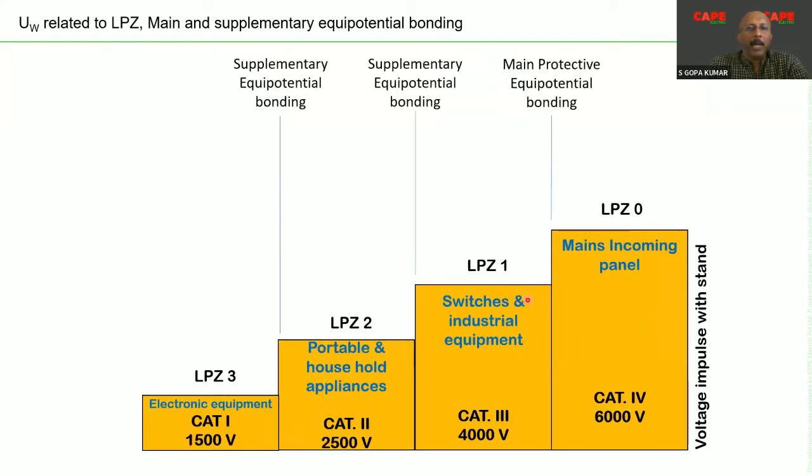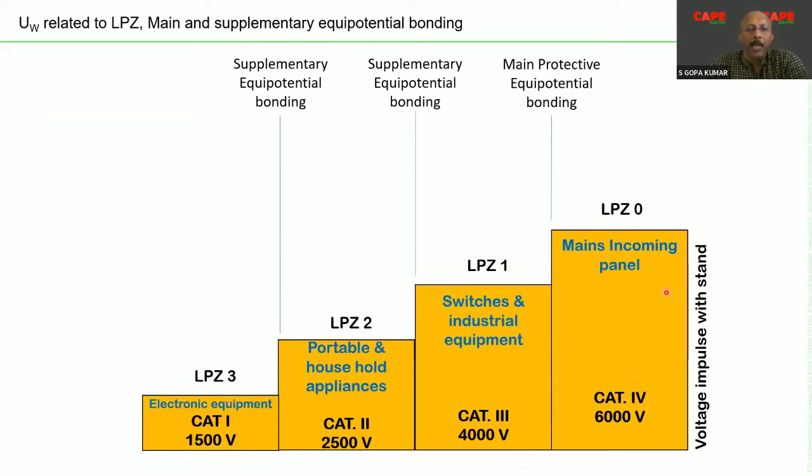In the last webinar, we discussed voltage impulse withstanding capacity. What does it mean? The electrical items connected to a 230 or 400 volt line have been categorized into four. Example: category 4, 6 kV; category 3, 4 kV; category 2, 2.5 kV; and category 1, 1.5 kV. These are the impulse voltages with which the equipment is able to withstand for a short time. A 1.2 to 50 microseconds voltage impulse test is the basic test which is carried out to find out its impulse